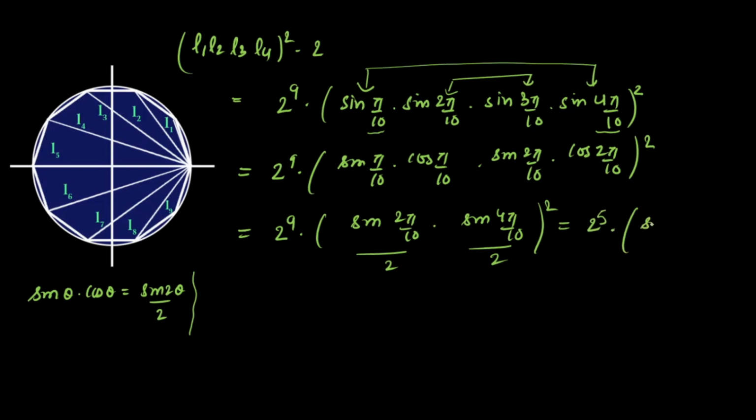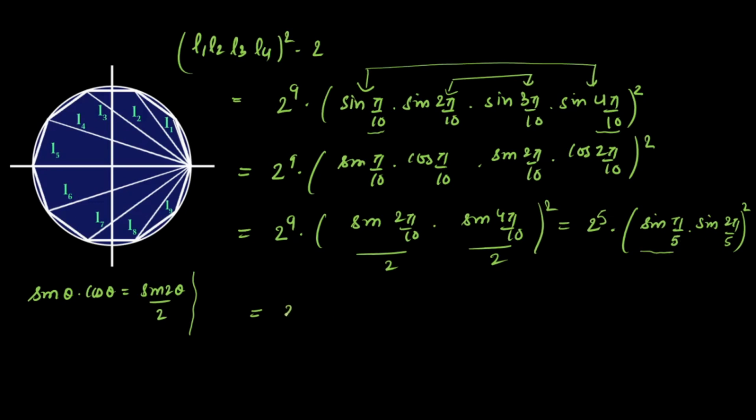And these two angles, now I can write this as sine pi by 5, and the next is sine 2 pi by 5 whole square. Now if you're preparing for KVPY and RMO, you should know this value. These two are very standard values, that is sine 36 degrees and sine 72 degrees.